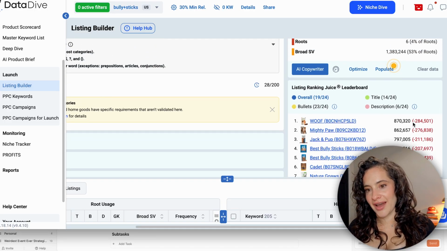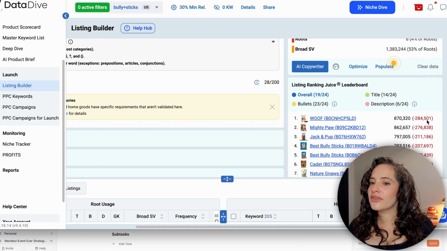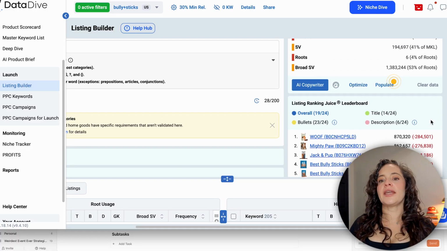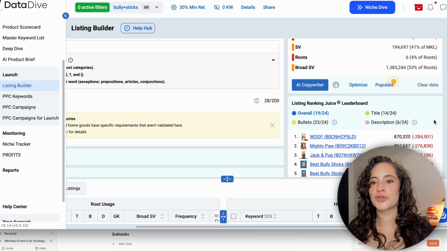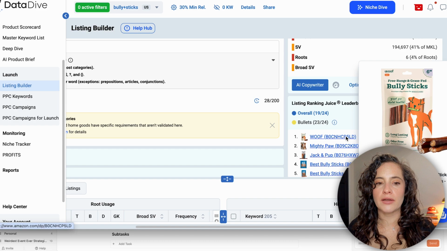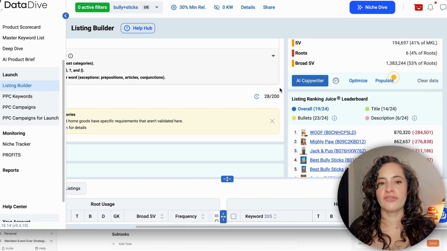So you can see that I have 284,501 ranking juice points, I guess, to go in order to surpass Woof if I want to do that. So as I fill in